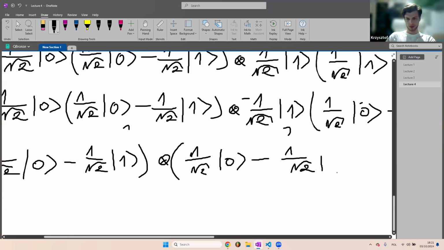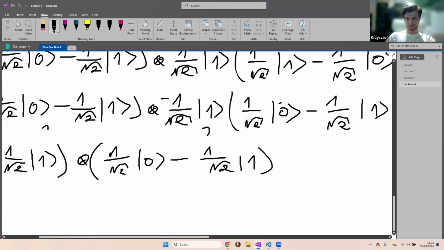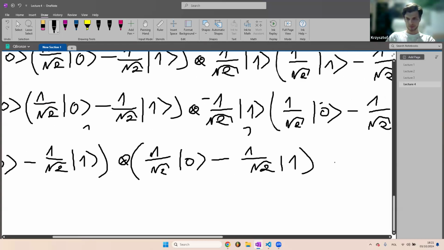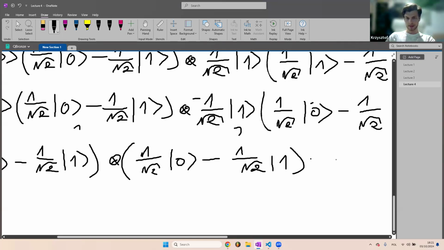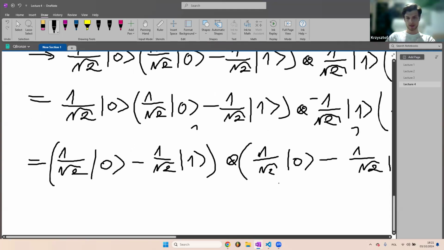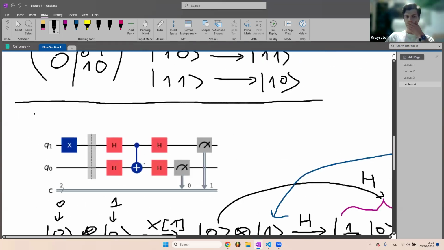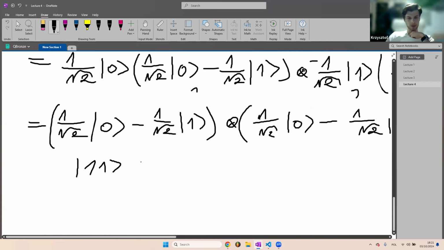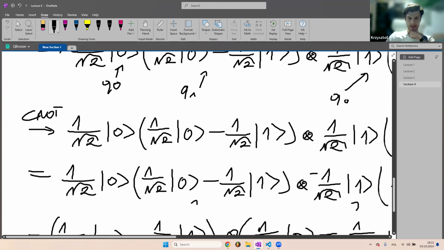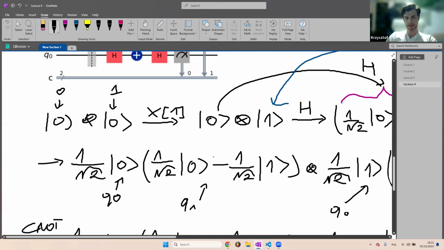Sorry, this should be 1 here. Okay, and now we apply Hadamard gates to both qubits. And after the transformation, we get a state 1, 1. So once again, what is important here is that here we started with states